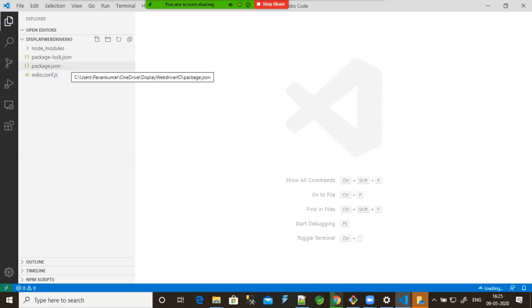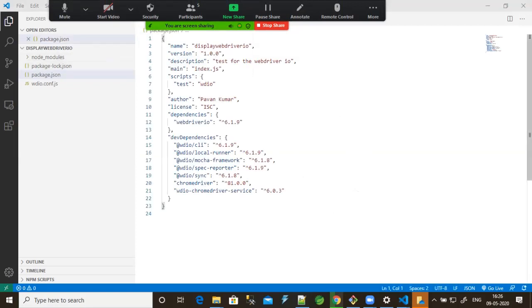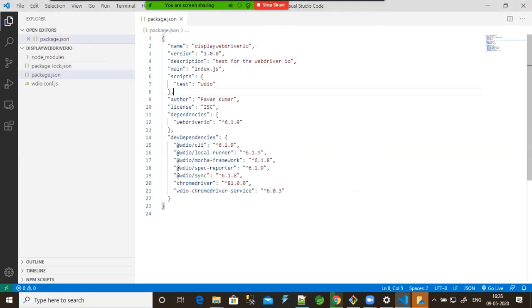Let me first discuss package.json. This package.json is the file that is like pom.xml or build.gradle. It has been created with the help of the npm init command, that means npm initialization.